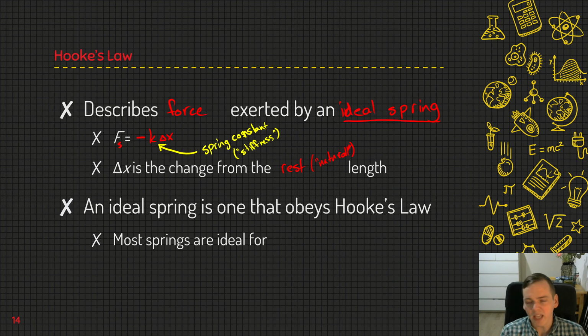So it's just this fancy class of simple to examine springs. Let's think of the simplest way that a spring could work, and that's Hooke's law. And then any springs that are in this simplest form, those we'll call ideal. So most springs are ideal for